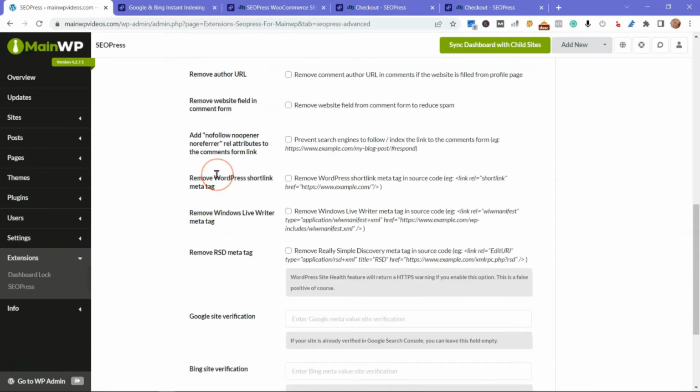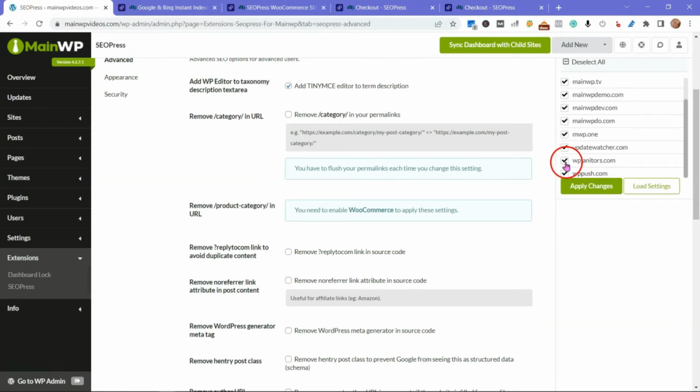The short link, it just adds all kinds of stuff into the build of each page that slows down your site. It's all these thousands of little details that add up to a slow website. So you can just simply remove all of these, or anything else you want. Run over here, say, you know what, I want to select all my sites, apply changes, bada boom, bada bing,